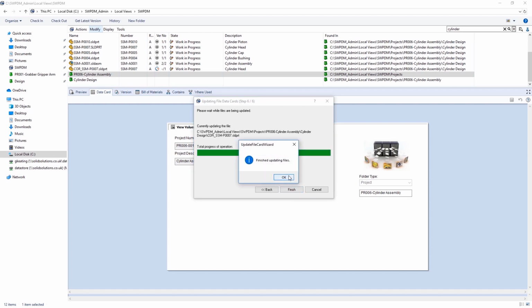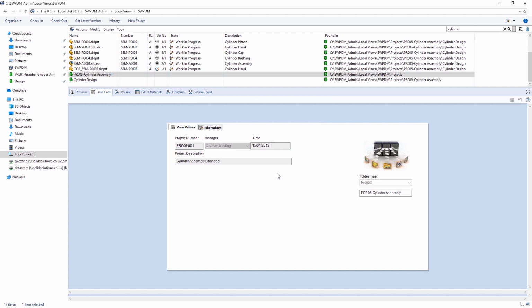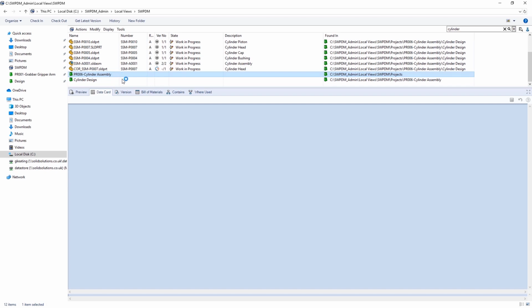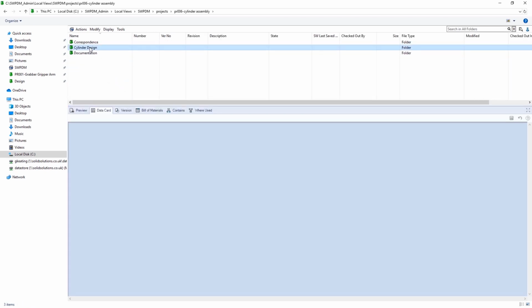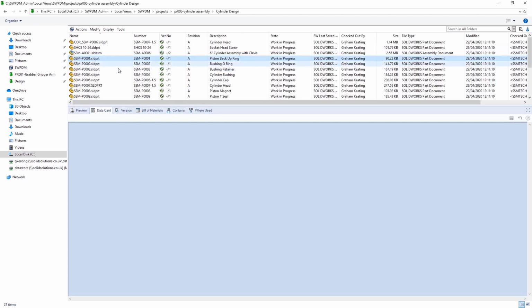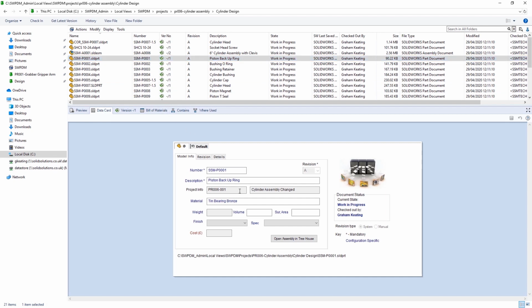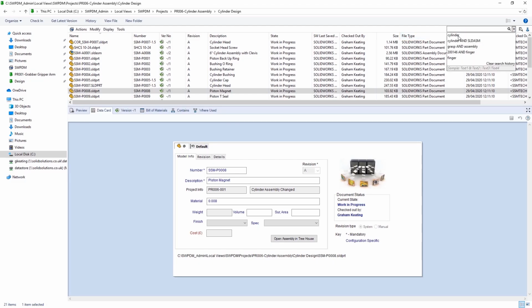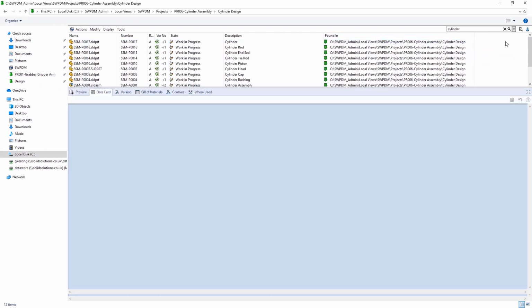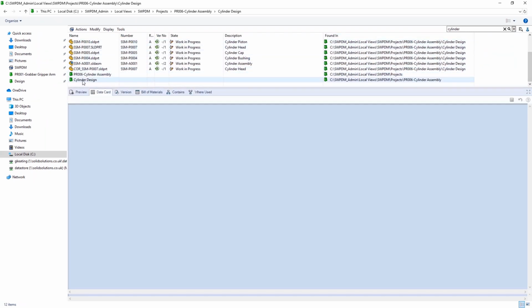So this can be very useful and save a lot of time if the customer changes, or you change the project number, for example. So you can see everything's been updated with the new project number, and the project description's been changed. And one thing to bear in mind, this can be a very useful tool to use when you're doing a legacy data migration. So if you've got certain fields that are applied to documents and you want to update them, this could be a very nice tool for doing that.